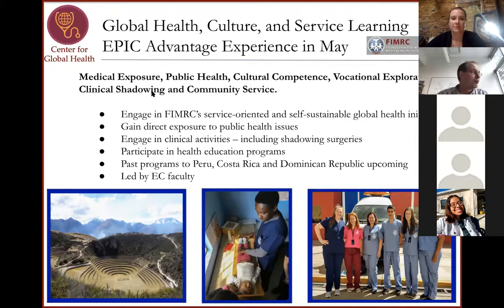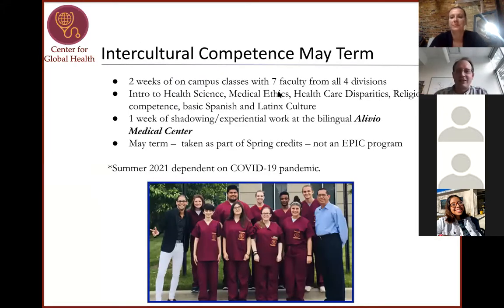The next program is also in May, and this is a May term that would have a fee associated with it, but the Center of Global Health helps to supplement it, so it's not too bad for you all. It's our Intercultural Competence May term. Again, a focus to get you exposed to kind of the broadness of human, both dignity and from a kind